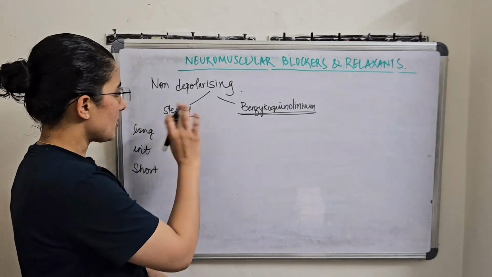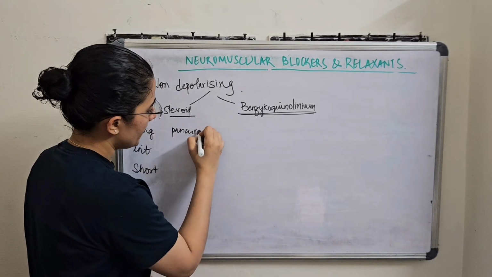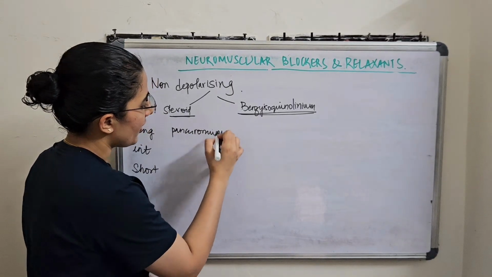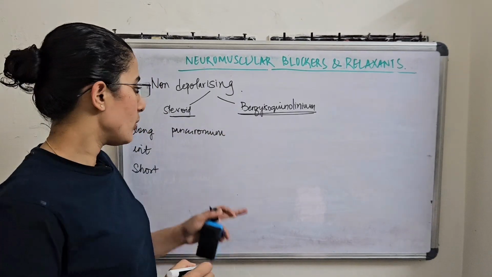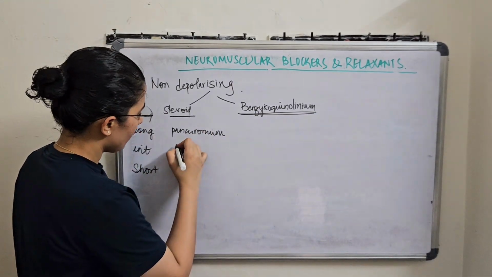In the steroidal group, the long-acting one is pancuronium, where the duration of action may last up to 2 to 3 hours, whereas the intermediate-acting ones include